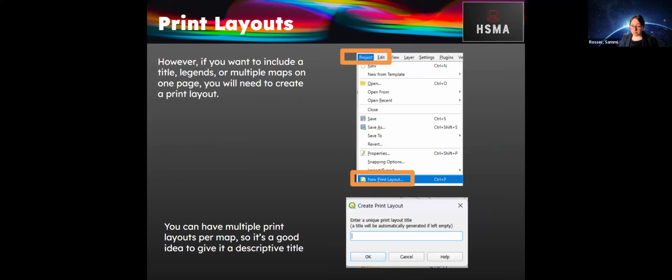So you can have multiple print layouts per map. When you go to add a new print layout, it will give you an option to add a title for this, and you should make it something descriptive. If you think you're going to be making lots of different maps, you might say that this is Torbay area